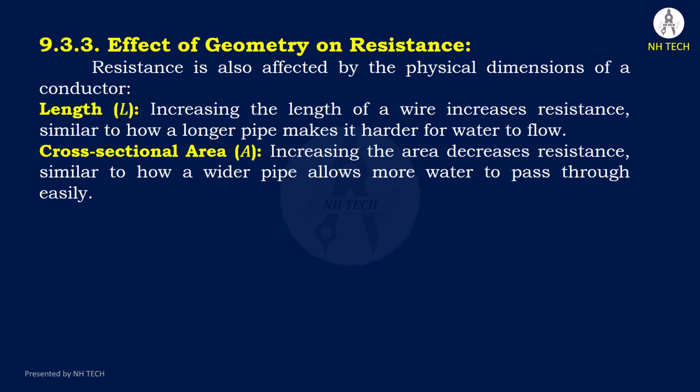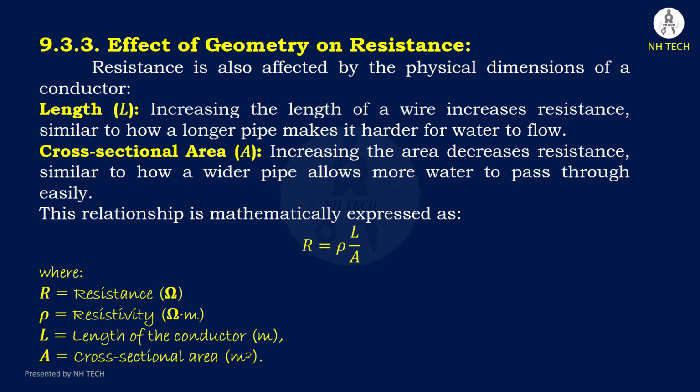Another factor is the cross-sectional area of the wire. Increasing the area decreases resistance, just like a wider pipe allows more water to flow through easily. This relationship between resistance, length, and area is mathematically expressed as R = ρL/A, where R